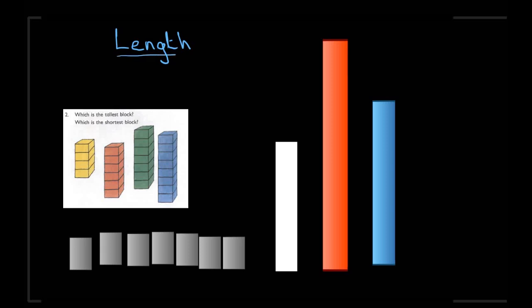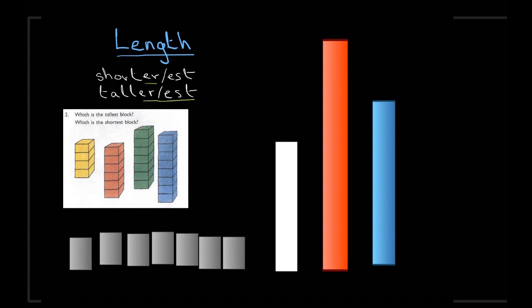So let's start talking about the very important idea of length. First, let's try to get the idea of shorter and taller across. So shorter or shortest, and taller or tallest across. So for example, here we have